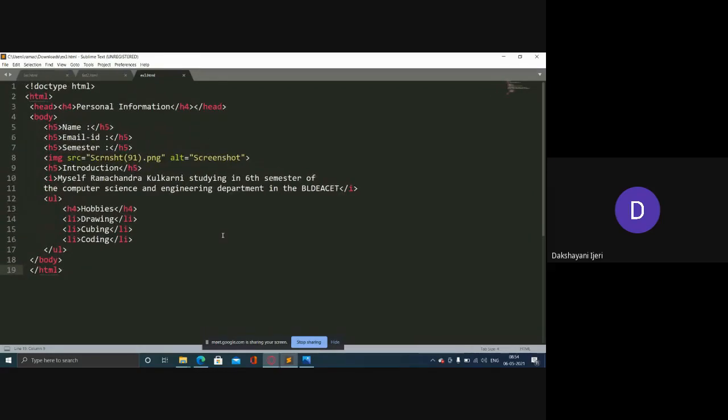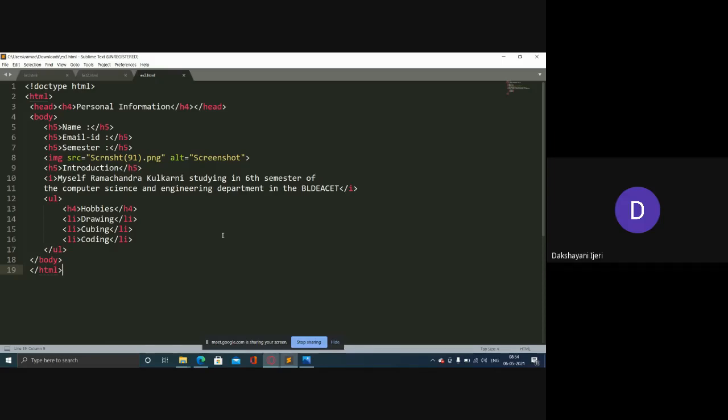So you can see here, within the head you have taken it as personal information, right, Ramchandra? It is not necessary to take it within the head; you can also take it into the body section as well. Depending upon the size that you want for the personal information text, you can choose either H1, H2, H3, or H4. Okay, so everyone concentrate here.